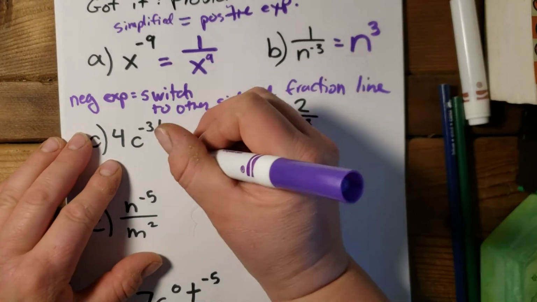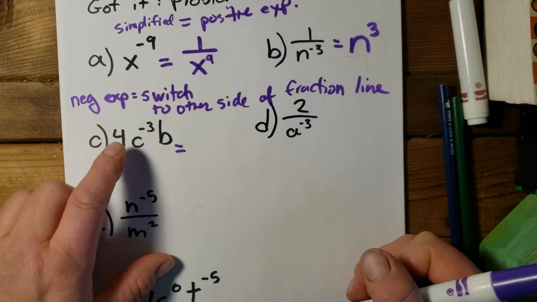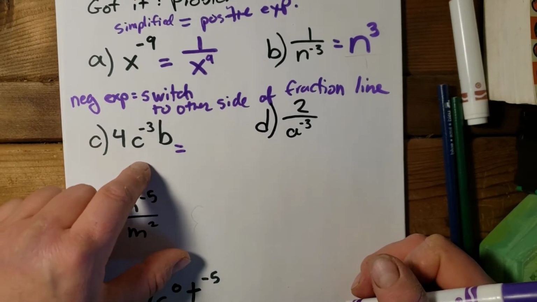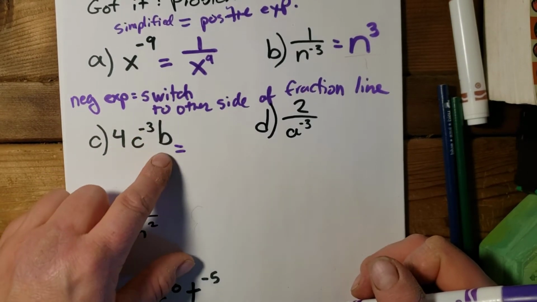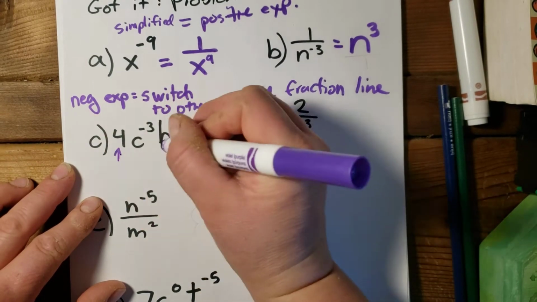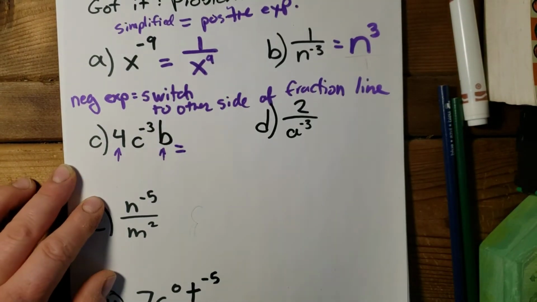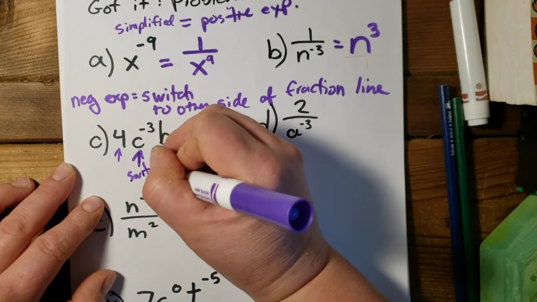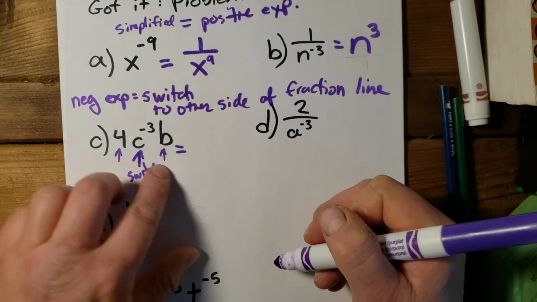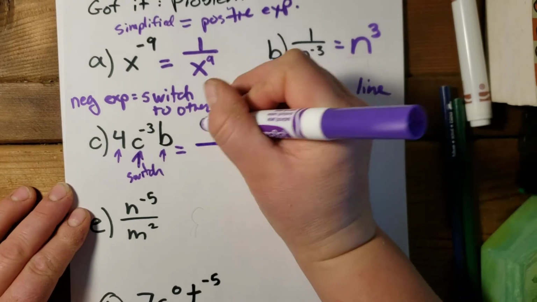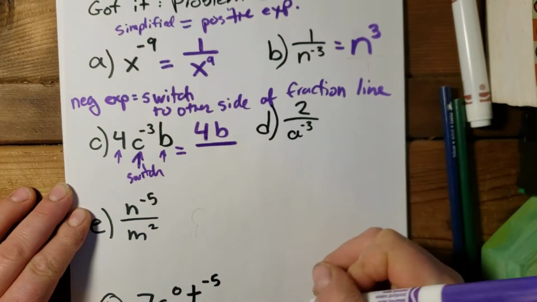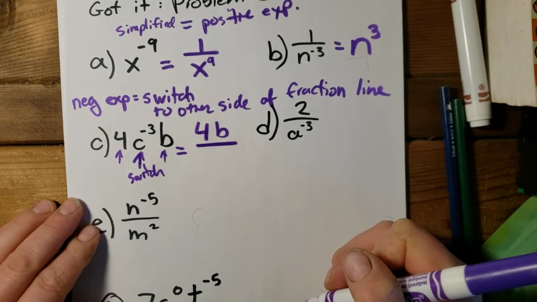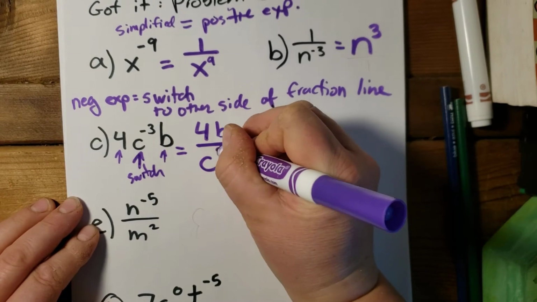All right, so let's look at multiple things. In C, we have 4c to the negative 3b. That means that this one and this one are where they're supposed to be, and this one needs to be switched. So right now, all of them are in the numerator. So let's leave 4 and b in the numerator because they can stay put, and